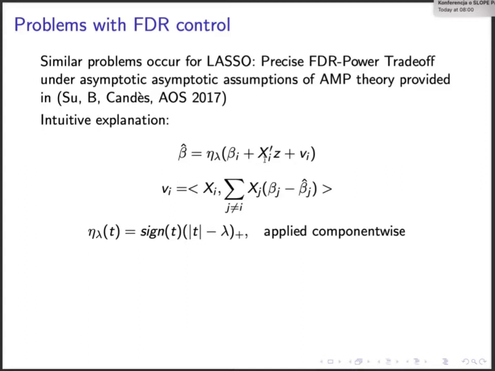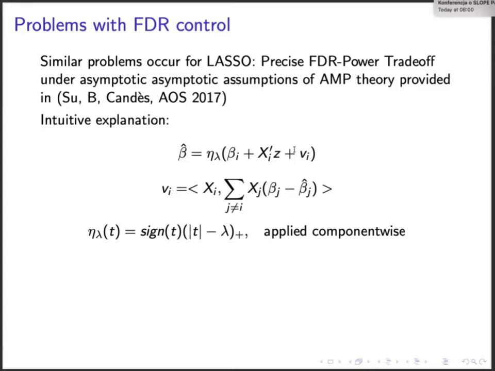So here you have the inner product between the xi column and the vector of errors. And then you have the term which we call vi. This vi term is the sum of the inner products between xi and xj, or other columns. And here you have a bias of the slope estimator for this jth coefficient. So if your x's are correlated, and if you have a large bias here, then this term becomes large. And now the problem is that this generates additional noise.